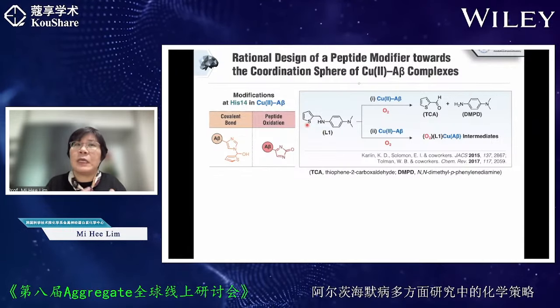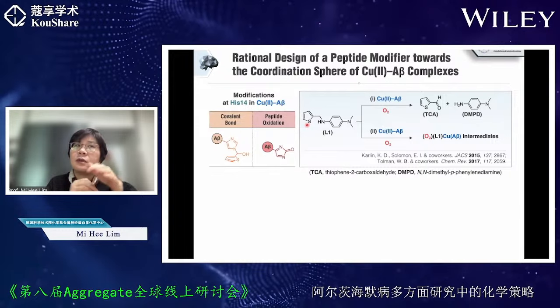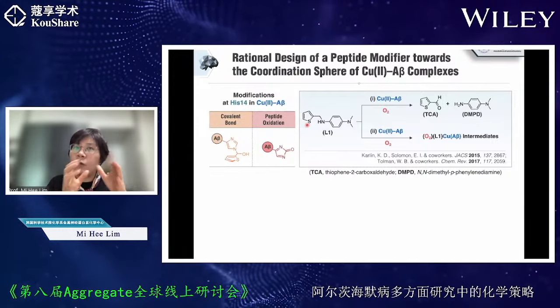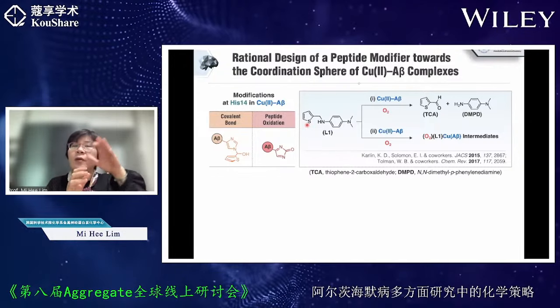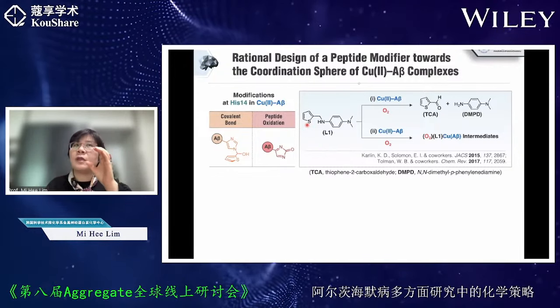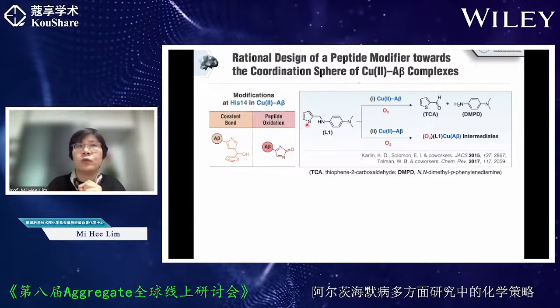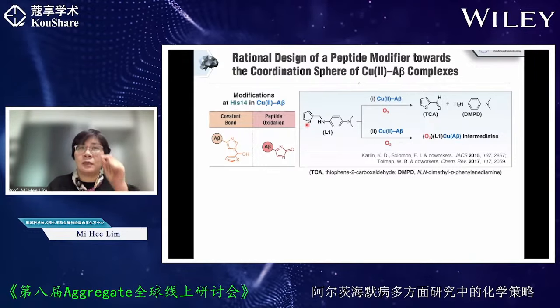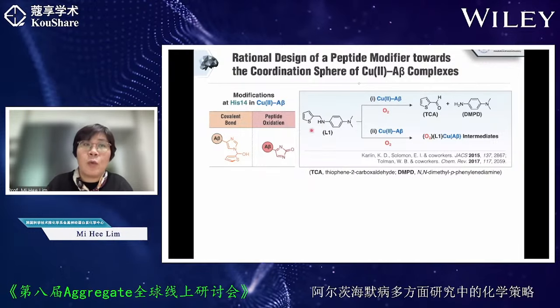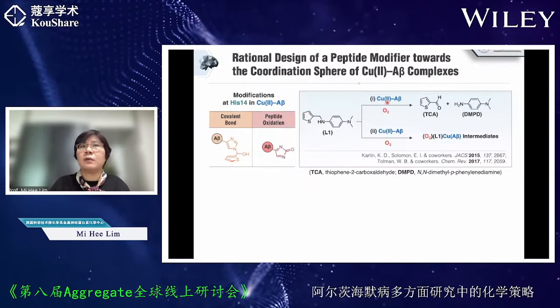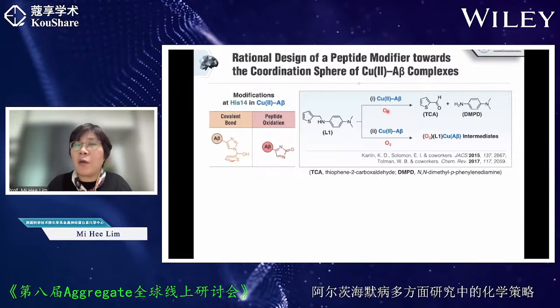That is actually key, because it transiently generates a ternary complex with the copper A-beta, but that is on and off. So that open coordination site can bind O2, so we are going to utilize O2 chemistry here. Let me show you. In the L1 case, in the presence of copper A-beta under aerobic conditions,